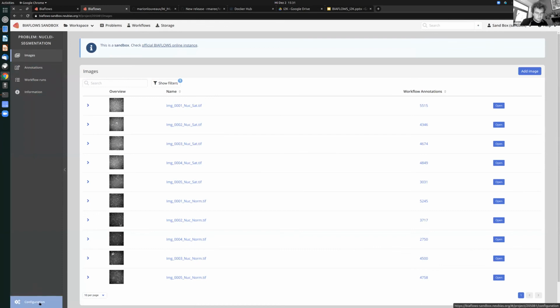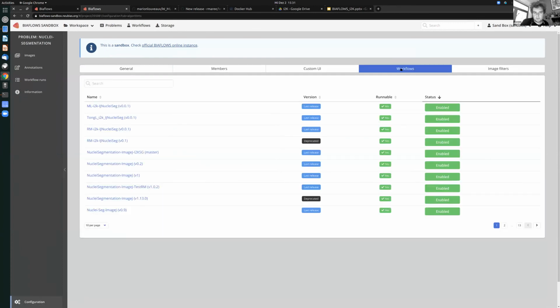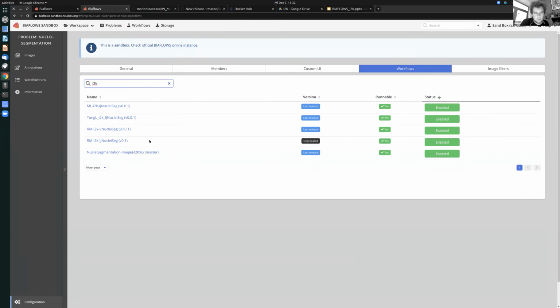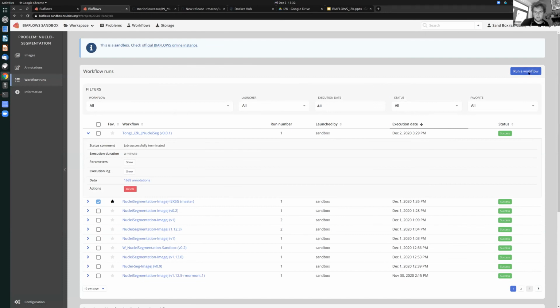Then it's something you have to do once for a workflow. You don't have to do it for every release, but only the first time. You go to configuration, then to workflows. And here you have the list of all the available workflows on the platform. The first time they are in disabled mode, so you have to enable them. So that now when you go to workflow runs, you can actually